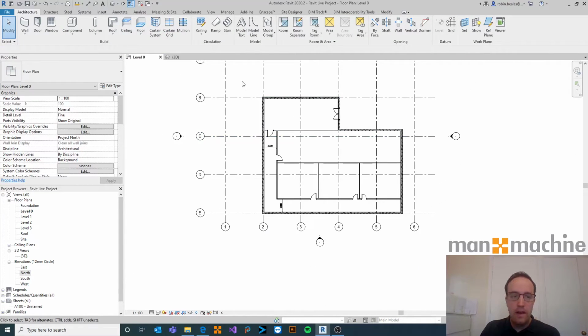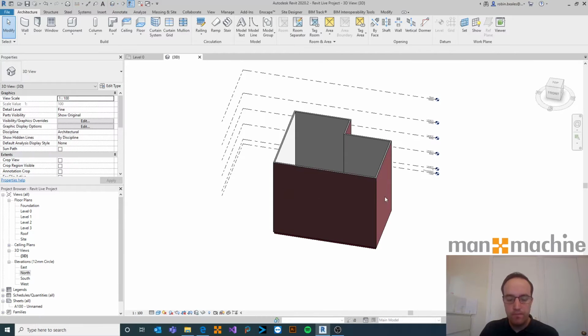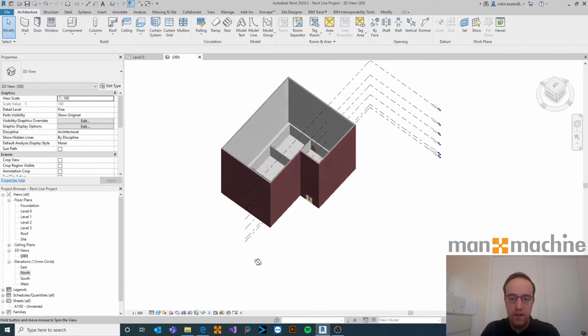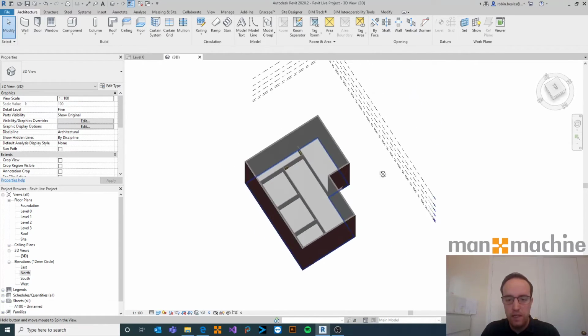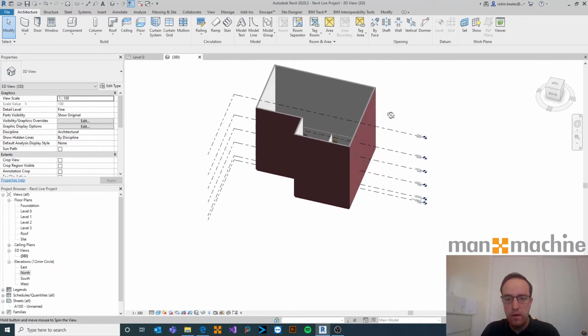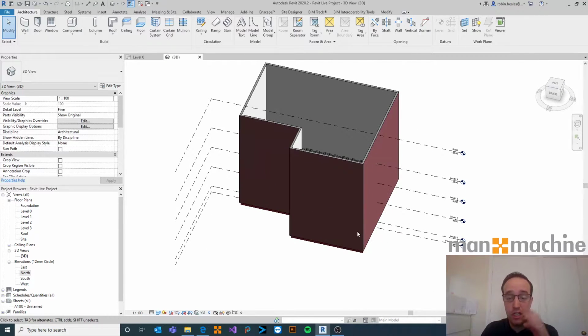Let's go and have a little look in 3D and see what's going on. So we can't see too much because of the size of our walls. We could tilt this up a little bit here, and we can see those internal walls. See what's going on. If we wanted to get a cut just of the 3D of that first floor, head